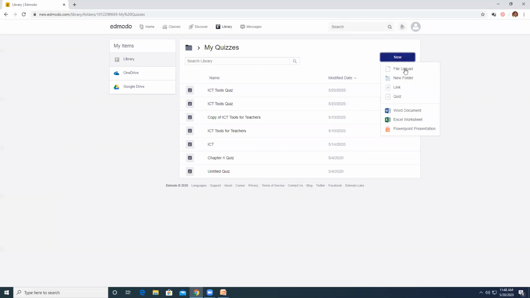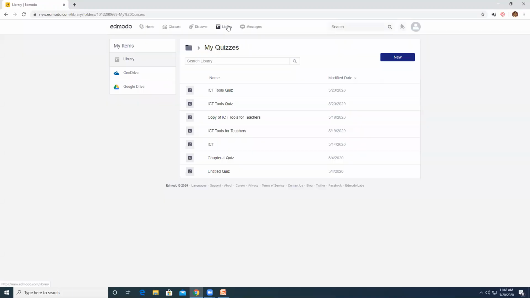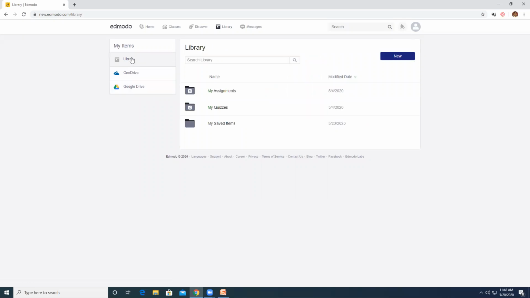So you can assign directly from here also, or you can create a new quiz from here. With new file upload, you can add new files, or you can create a new quiz, and it creates a new quiz as earlier. So this is about the library. All your data is stored in the library, and if you have a OneDrive, you can link up to the OneDrive. You can link up to the Google Drive so that you can access it directly from here. I'm comfortable with the library. As I said, the only thing is unlimited storage, of course, and each file should not exceed 100 MB. That's important.